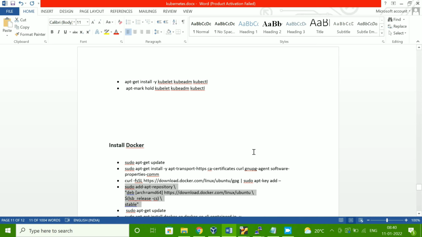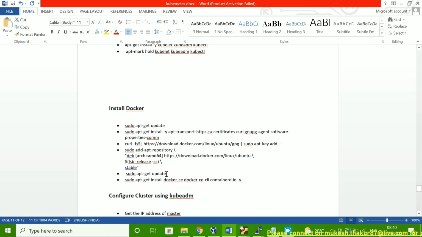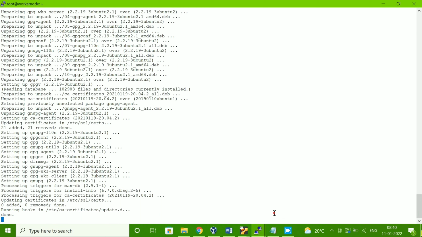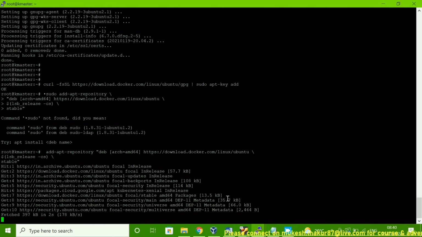That is, this parameter was added, so that's why there was a syntax error. Now we have to run this apt-get update. Once this is done, it is still running on the worker node, no issue. We can wait for that one.